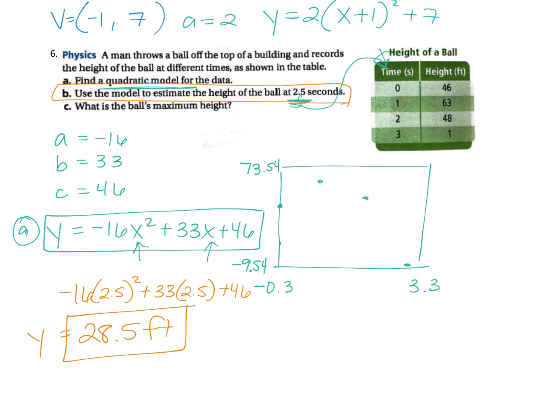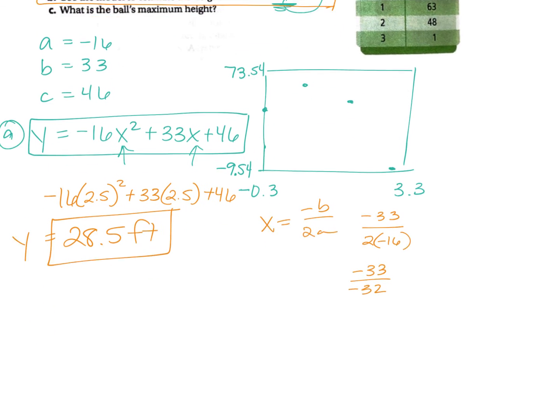I make you find the maximum where the vertex is. So to find the vertex, x equals negative b over 2a. So it's going to be a negative 33 over 2 times a negative 16. So negative 33 over negative 32, which is really just a positive 33 over 32. That's this number,